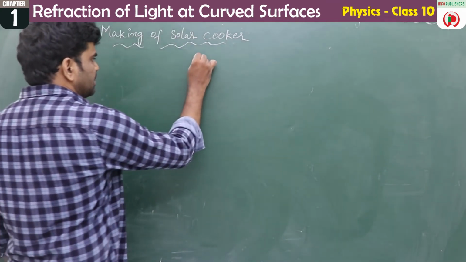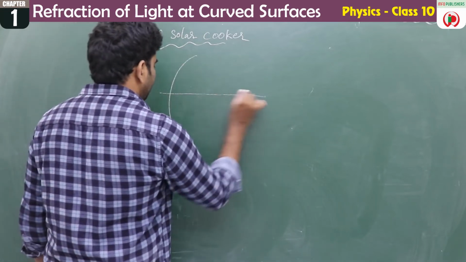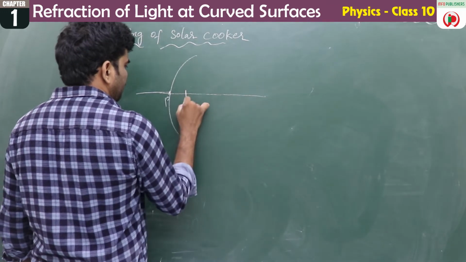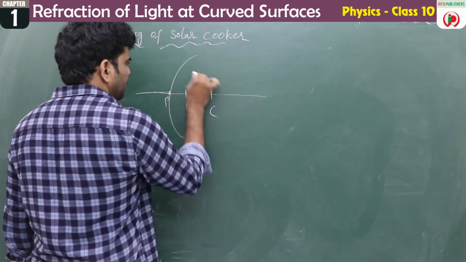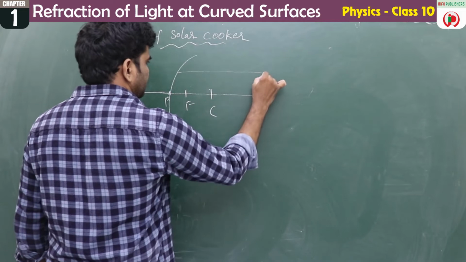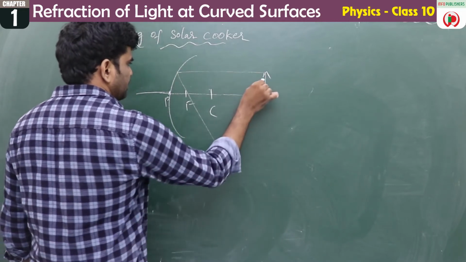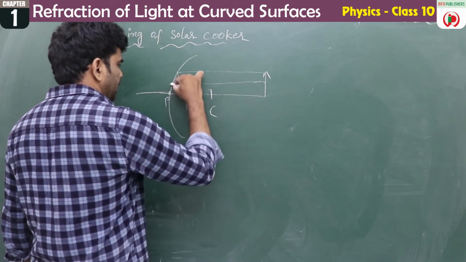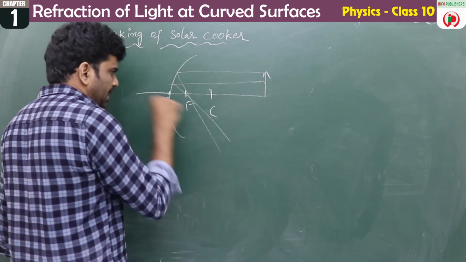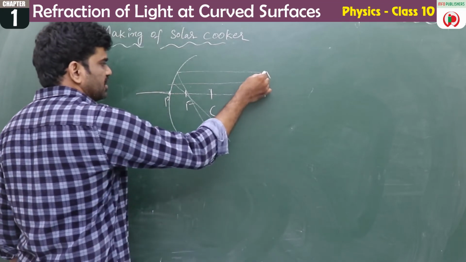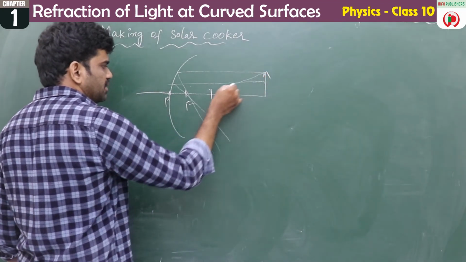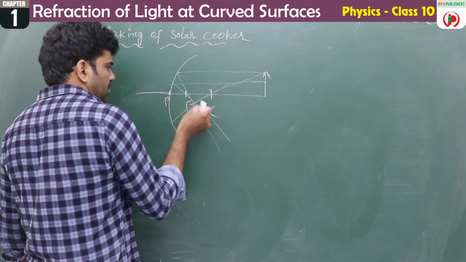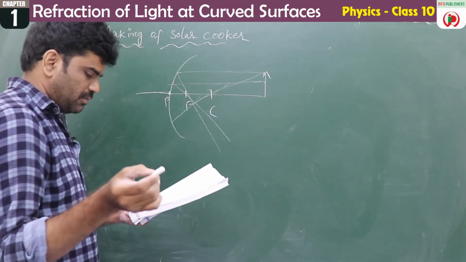So this is a concave mirror and this is the principal axis, the same story. See, children, this is the pole, this is the focus, and this is the center of curvature. This is an object, right? Like this, and you can take one more ray here, like this they will go. And one more through the center of curvature. It passes through the center of curvature and will go like this. Yes or no? Here you can take so many rays.